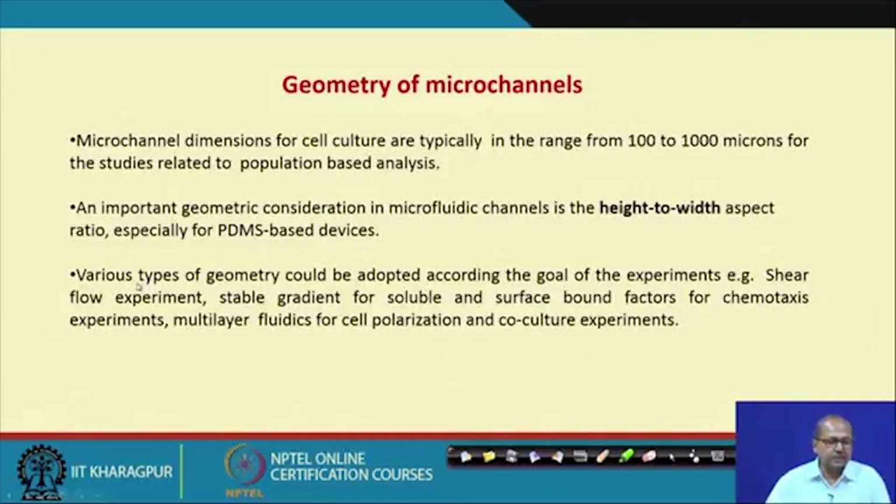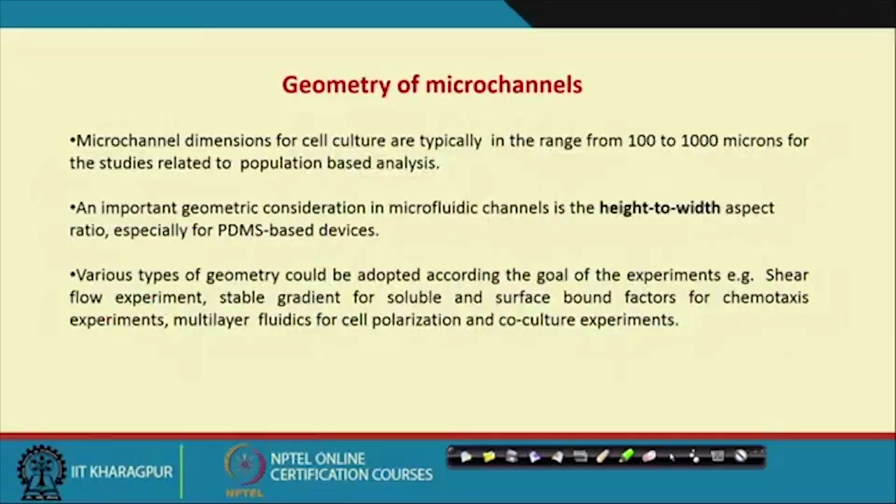You can make various types of tailor-made geometry according to the goal of the experiments, like shear flow experiments, stable gradients of soluble and surface-bound factors for chemotaxis experiments, and multi-layer fluidics for cell polarization and co-culture experiments. So, PDMS is the main material practiced in microfluidics labs, because it is easy to mold. Now, we are coming to how to make this microfluidic channel using photolithography techniques,